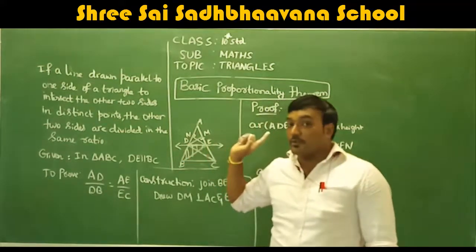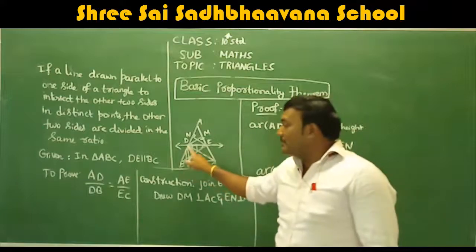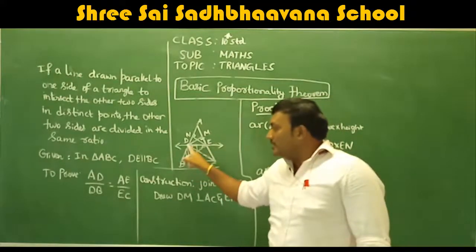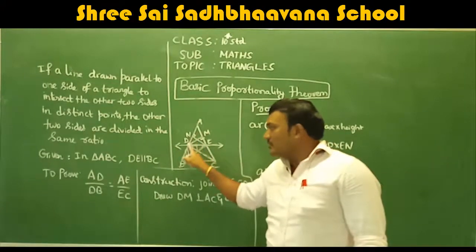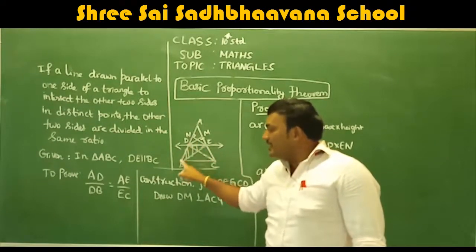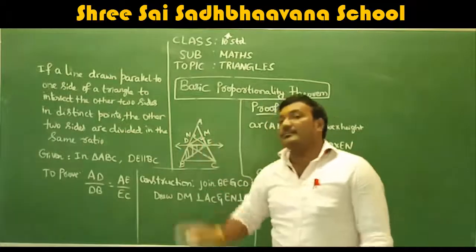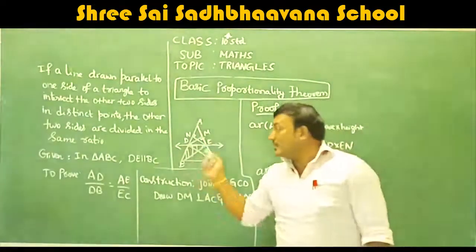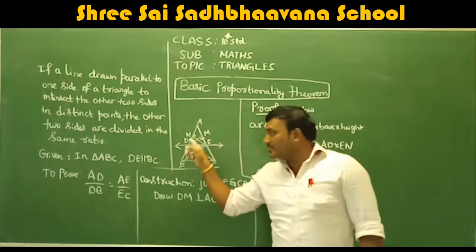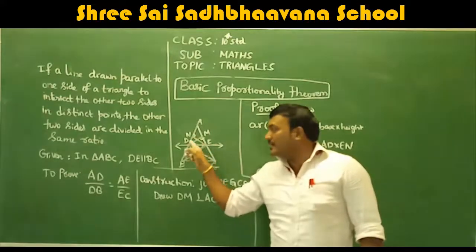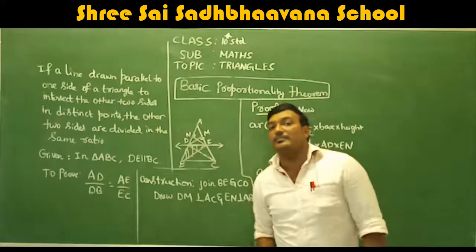Just now we discussed one obtuse angle triangle. BD's perpendicular is not there. So what we did, we just extended BD to N. So already we have here extension. So for the side BD, EN I can take as perpendicular. Because if you are not able to write the perpendicular, you extend. So already it is extended D to N and EN is taken as perpendicular.